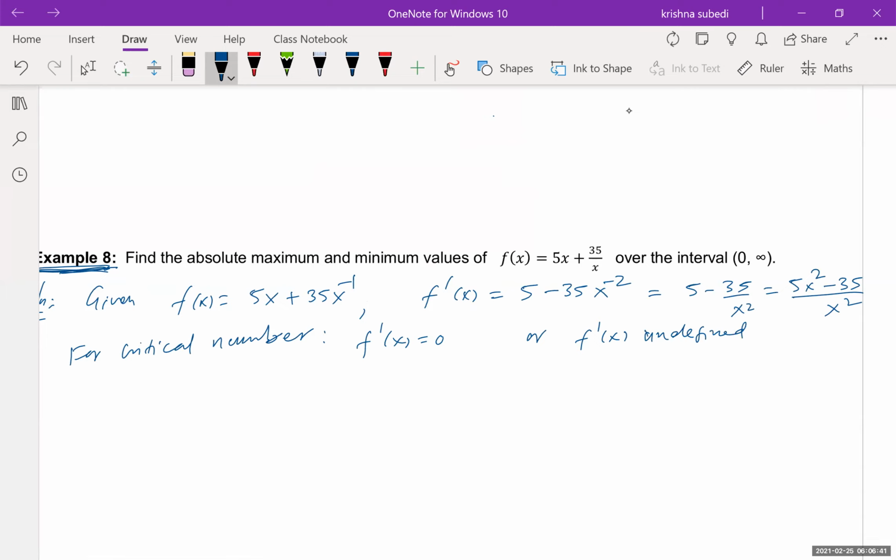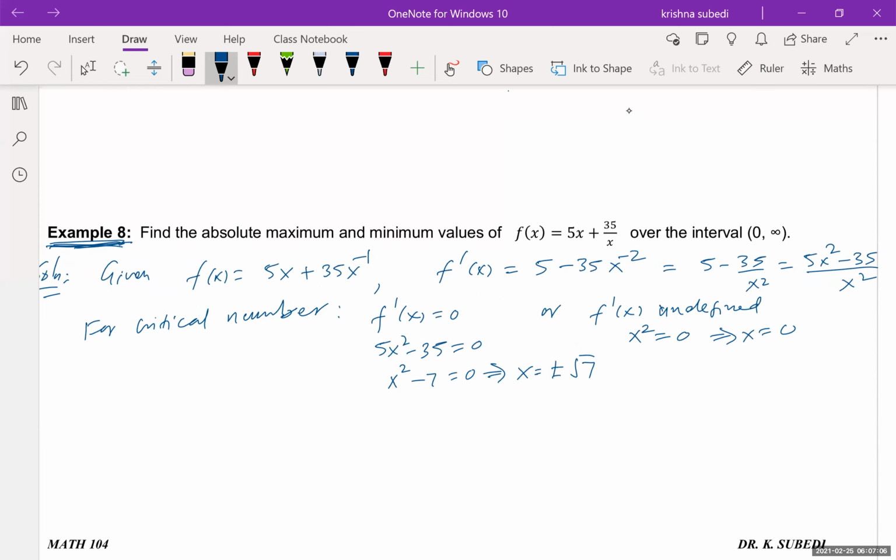So critical number: f prime of x equal to 0 or f prime of x undefined. So this side, 5x squared minus 35 equal to 0. This side, the bottom part, equal to 0. So this gives me x equal to 0, and this gives me x squared minus 7 equal to 0, which is x equals plus minus square root 7. All right, so the critical numbers or points